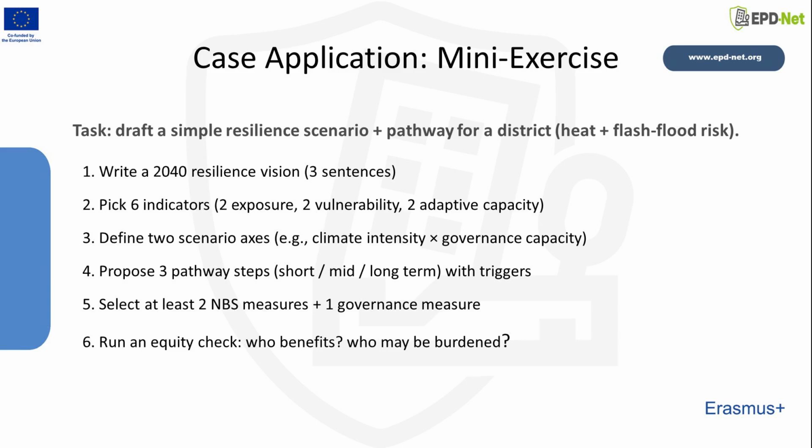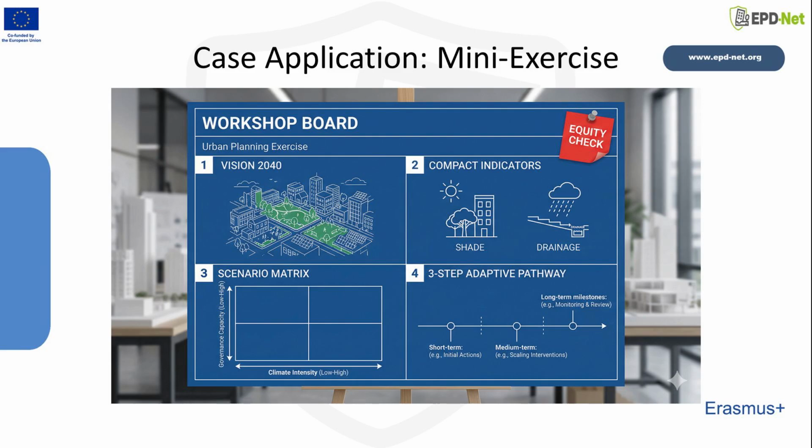simplification. Students must choose indicators that matter, not everything that could be measured. They must select scenario axes that reflect genuine uncertainty, such as climate intensity, governance capacity, or fiscal capability. They must propose pathway steps that are realistic, sequenced, and linked to triggers. And they must add at least one equity check: who benefits, who may be burdened, and whose needs still remain invisible. This is a useful teaching format because it moves quickly from theory to planning judgment without requiring a full-scale